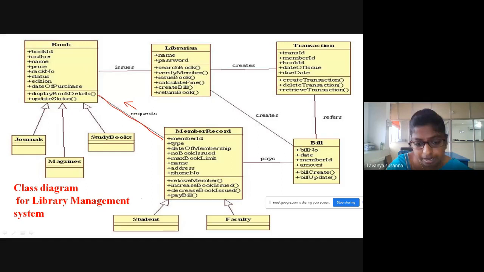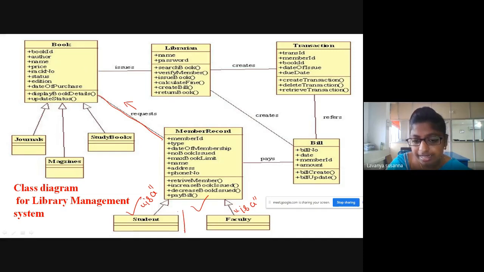Now see here, student and faculty. Student is a member, right? Student is a member. So what is the relationship? Is a relationship. Next, faculty is a member. Okay, what is the relationship? Is a relationship. That means inheritance or generalization. What is the symbol you need to use?